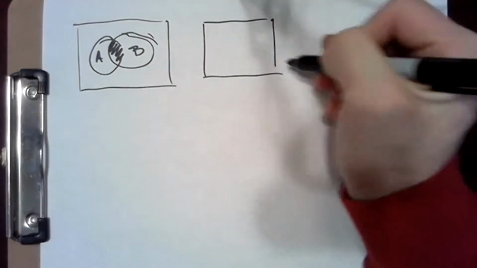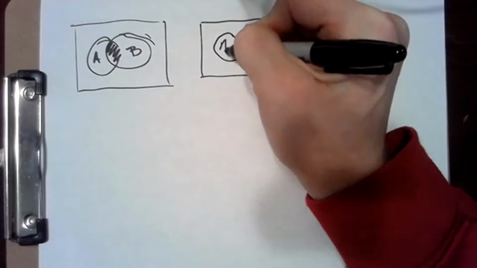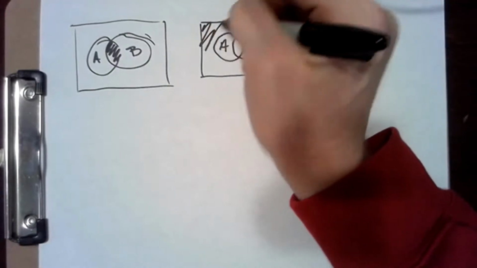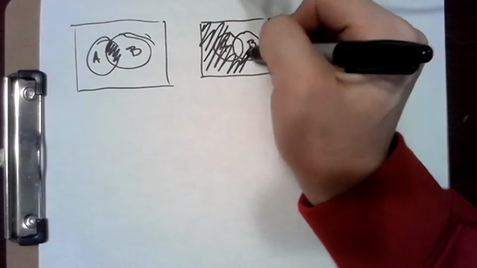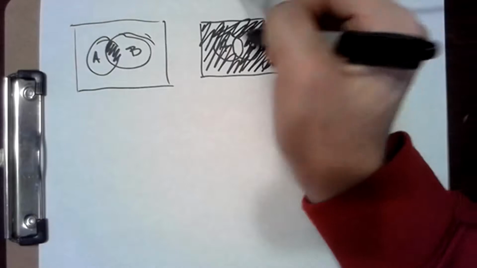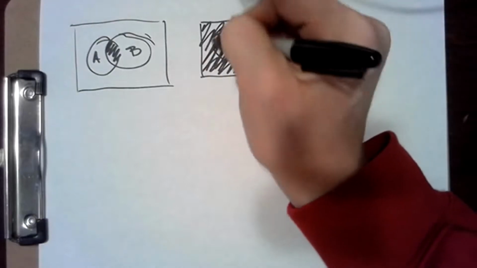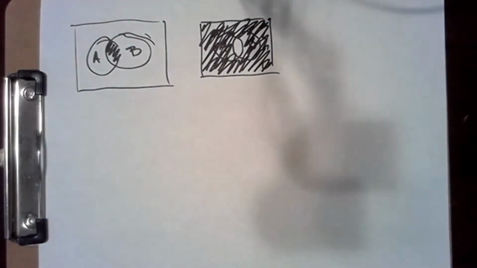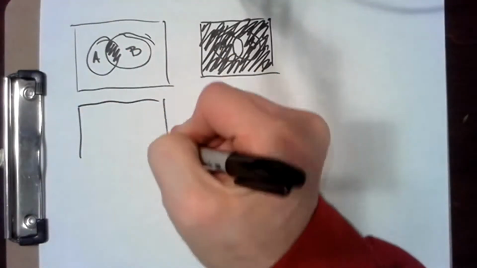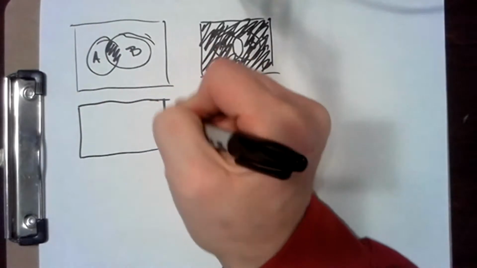Or we might show it this way. Here is A, and here is B, and here is the complement of their intersection. Okay, well, now we want to show that this is equivalent to the union of the complements of each of the individual sets. So if we look at the complement of A,